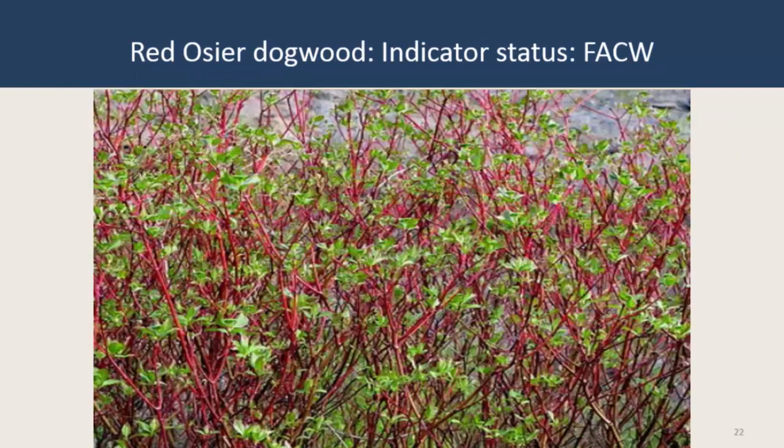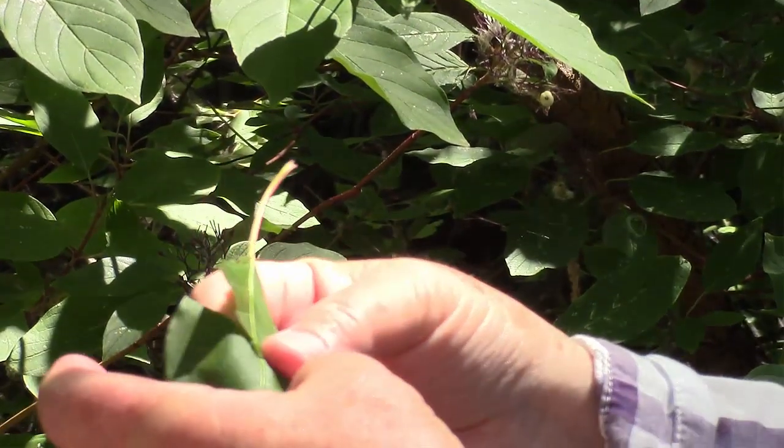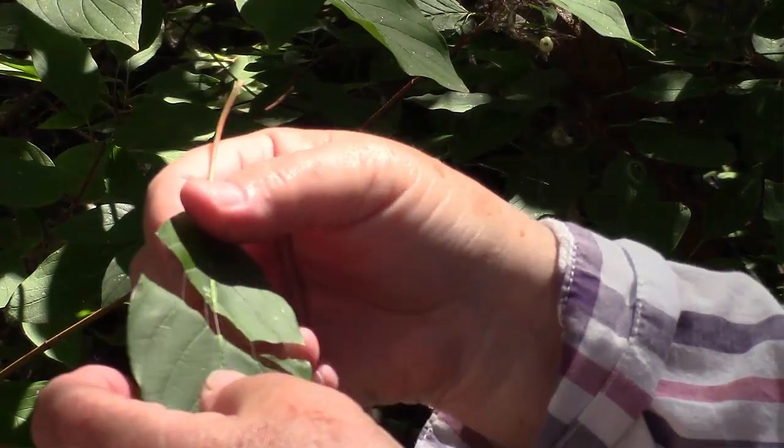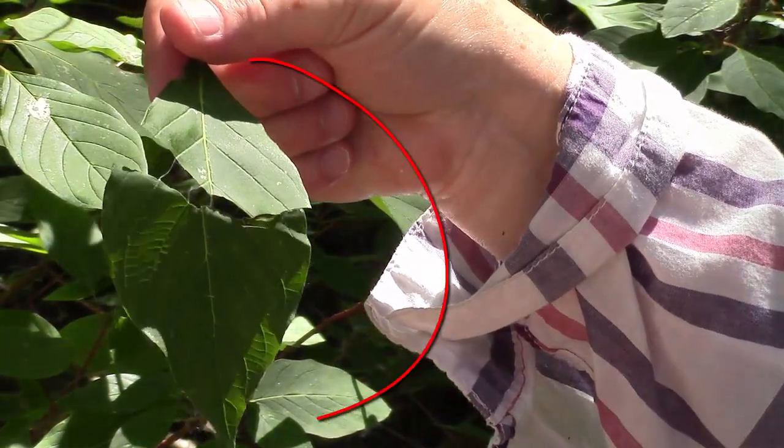Red osier dogwood is also called red twig dogwood, and this feature is easy to see in the winter and early spring on the younger branches before all the leaves have emerged. Very few native plants have such vivid red twigs. Our fourth clue is if you carefully crease a mature red osier dogwood leaf in half and pull it apart gently, the very thick phloem in the leaf veins will keep the leaf pieces together.